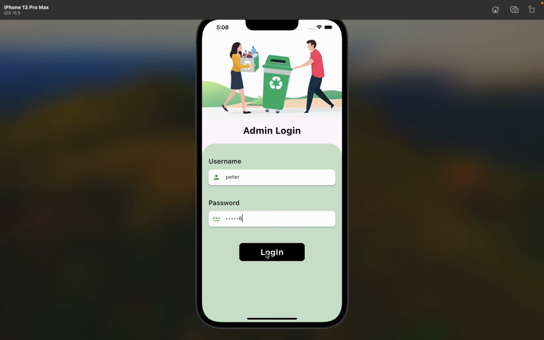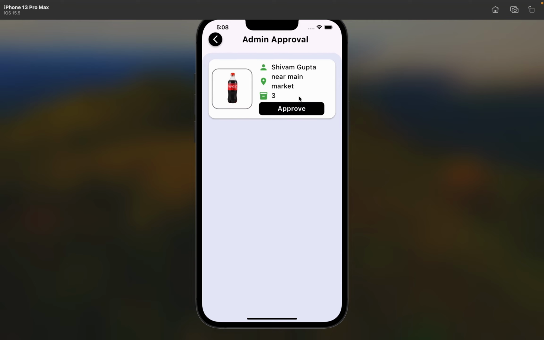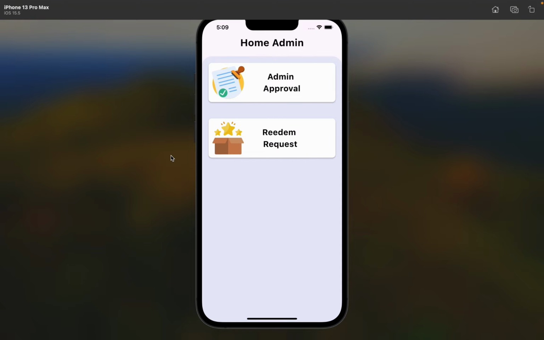Now we'll click this login button, and here we land on the admin home page, from where the admin can give the approval for the items that the user wants to dispose. The second thing is the redeem request. If the user requests to redeem any points, the request will be shown over here. Now let's give the approval for this one. I'll click the approve button, and you can see that we have given the approval for the item. So let's move to the user side